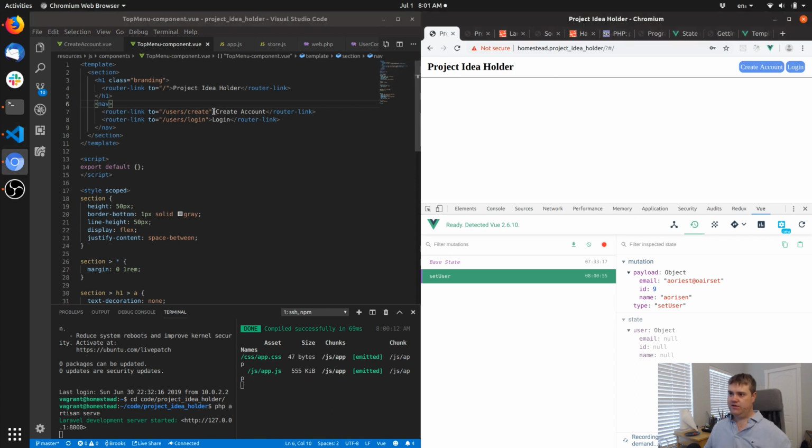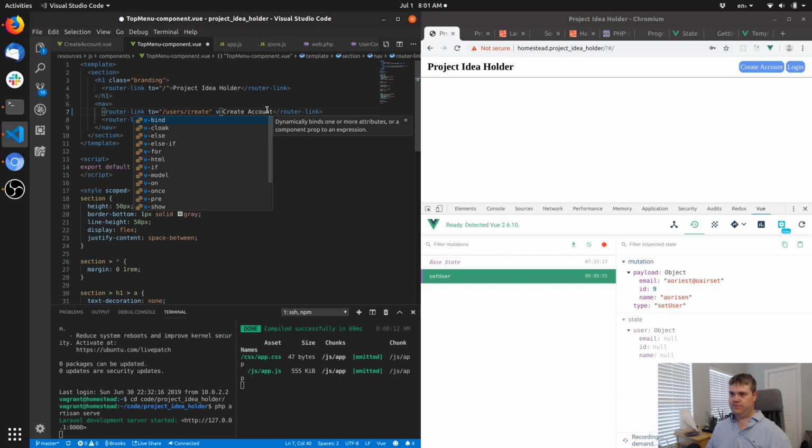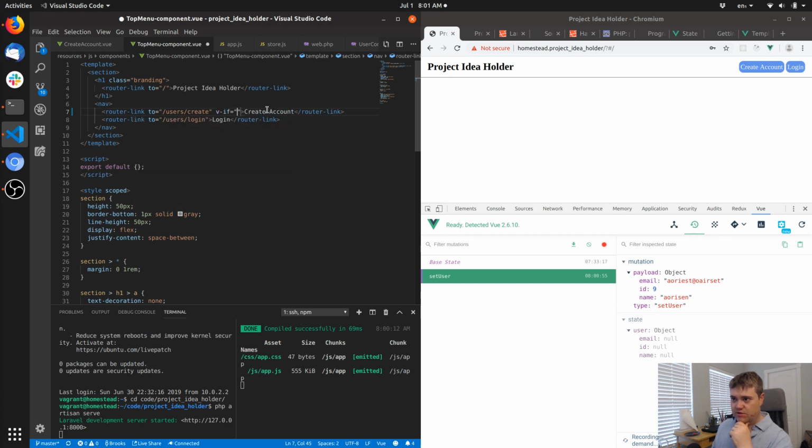So let me just try this. Conditionally renders the element based on the truthiness of the expression value. So v-if equals store dot name. So if that exists,